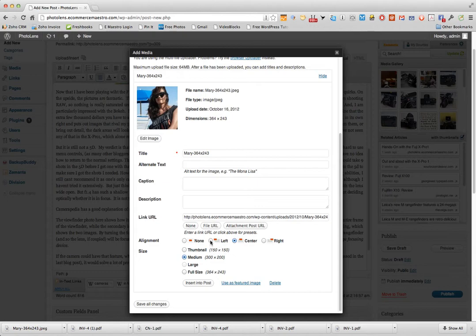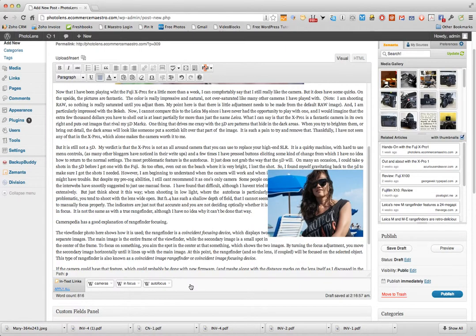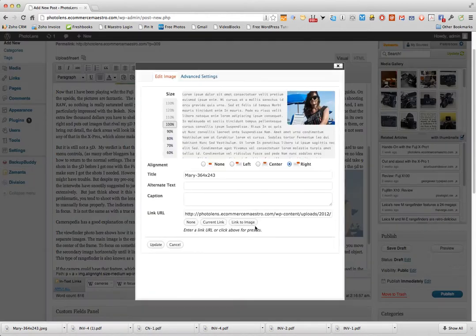And I want the text to wrap around on the left side, so this image will be on the right side. So if I put the image on the right side, the text will wrap around on the left side. And I insert that into the post, and you can see now that image is on the right side, and you can see how the text is wrapping around it. But you'll also notice that the text is a little bit tight. So what we want to do after is go in,